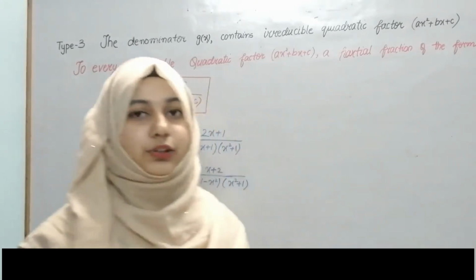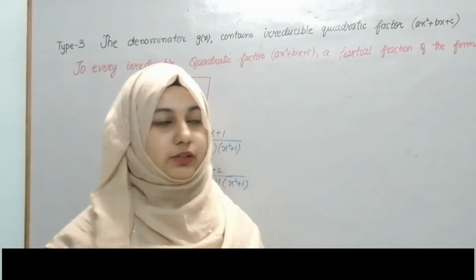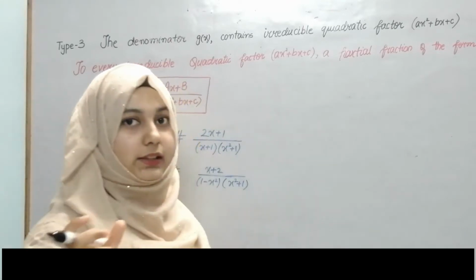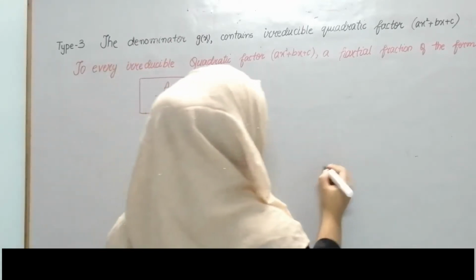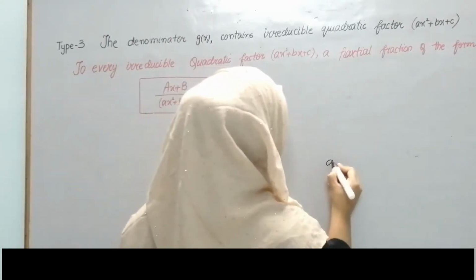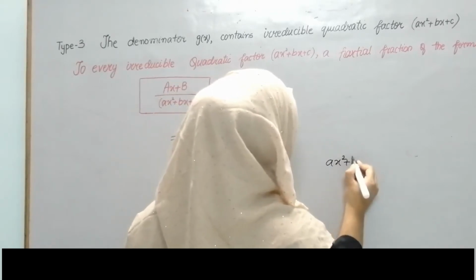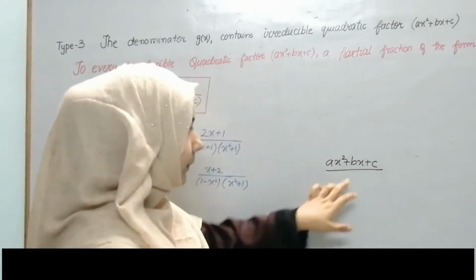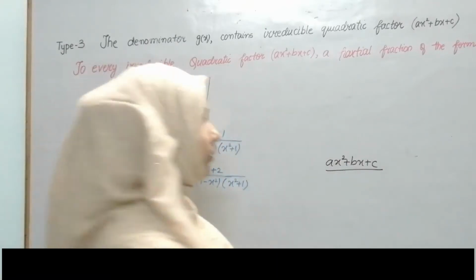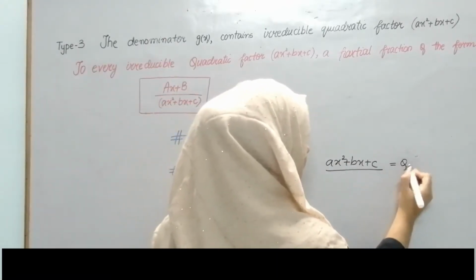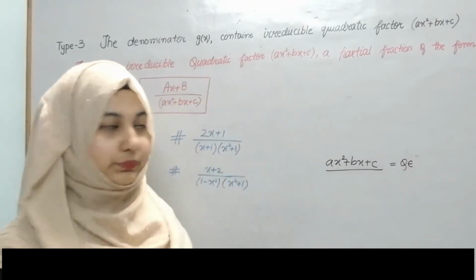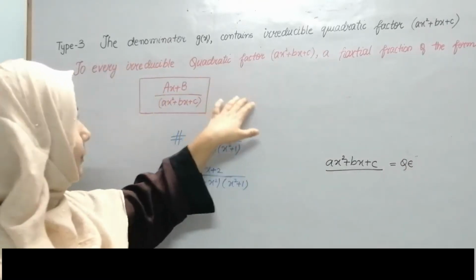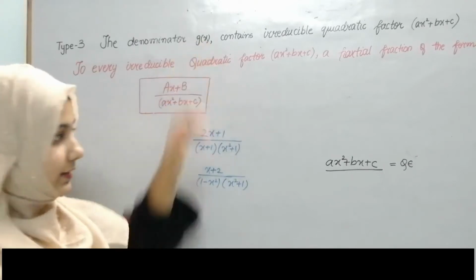You know what a quadratic equation is, right? A quadratic equation means a polynomial of degree 2, which is ax square plus bx plus c. This is a polynomial having degree 2, which means it is a quadratic equation. Now what this type 3 is saying is that my g of x, that is the denominator,